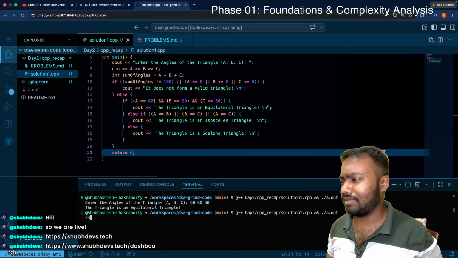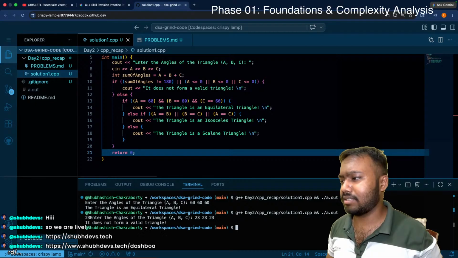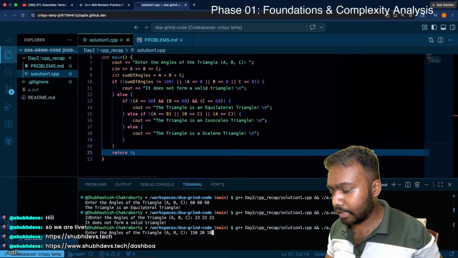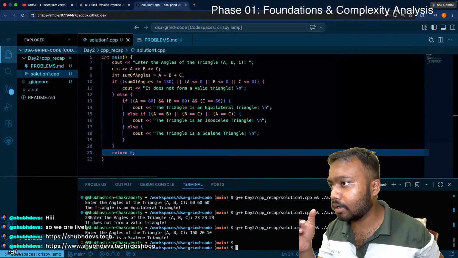If I give some random jargon, it'll say it is not a valid triangle. If I go with completely different values, like 50, 20 and 10, it'll definitely say scalene triangle, and isosceles